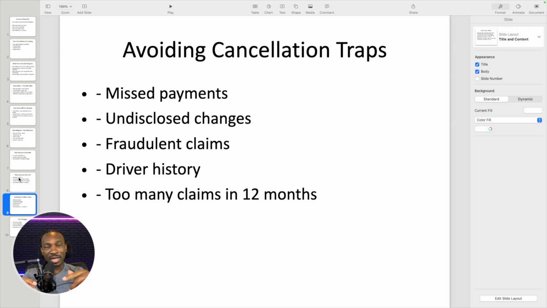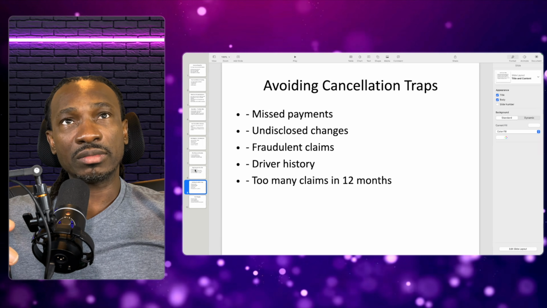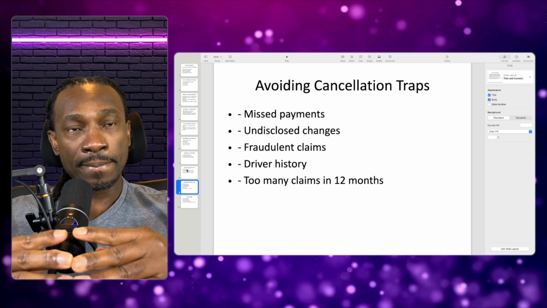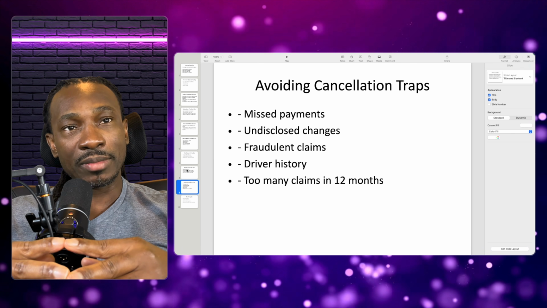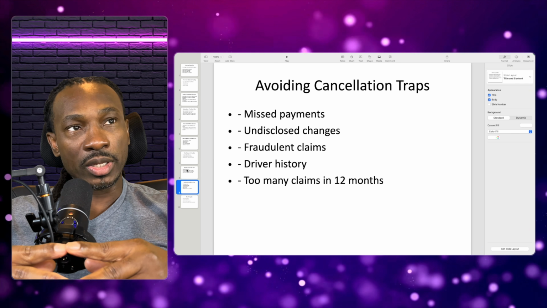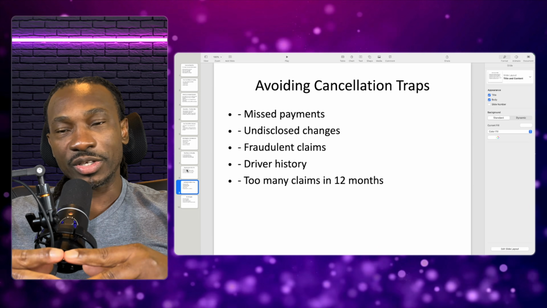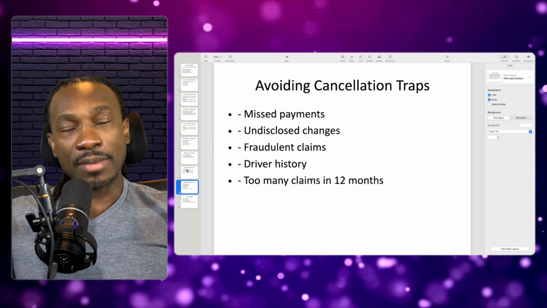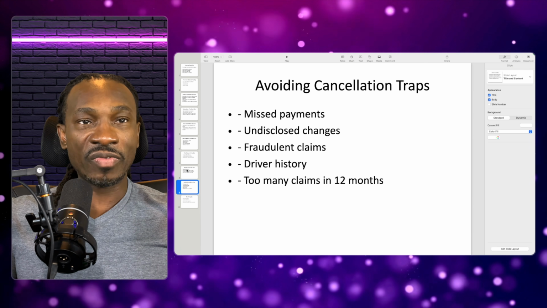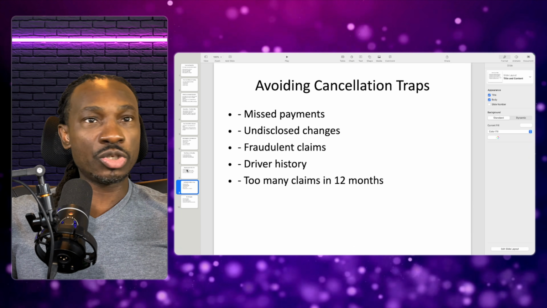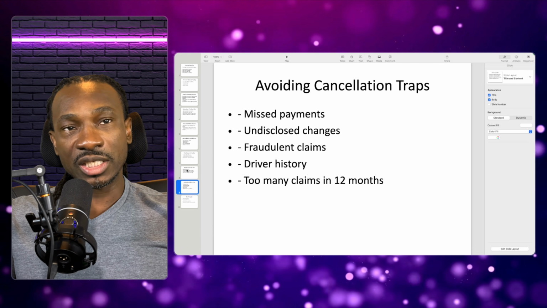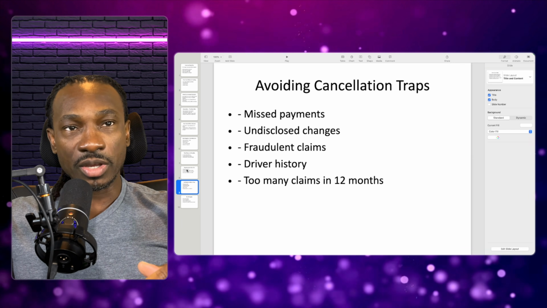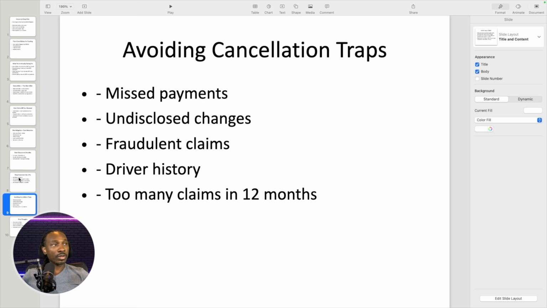I got a guy that's in my Discord. He had 2 speeding tickets and an accident already this year, right? But it was all on his own time. He wasn't in the box truck. So, you need to be monitoring your drivers' MVR, because you don't know what they're doing on their own personal time. Because now when it's time to renew your insurance and they run it, you find out that this guy had 2 tickets and an accident in his personal car and he has these points, but now you're getting dropped because he's listed on the policy and you haven't been monitoring his MVR throughout the year. All right.